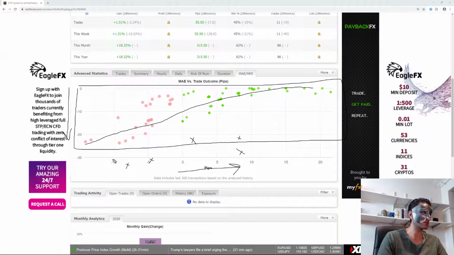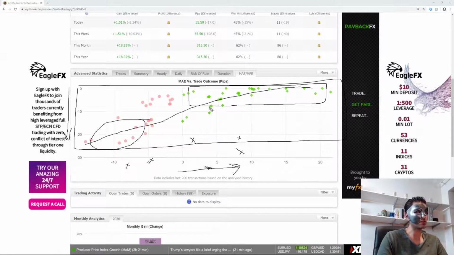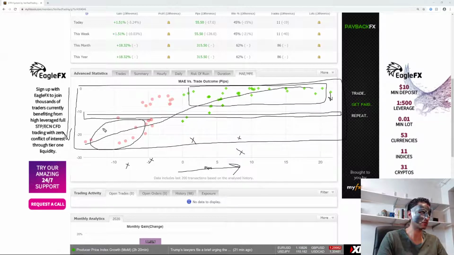But essentially what this is saying is, for example, I've got a bunch of trades here. What this is telling me is that typically when the market goes 20 points against me, I'm out. I don't want to be in those trades. Why is that? Well, I know from this market feedback here that essentially when a trade goes significantly in my favor, look how much drawdown I'm taking. Nothing. That doesn't make me a hero, but all it's telling me in my style of trading is that if the market goes more than 10-15 pips against me, I want to be out of that trade.